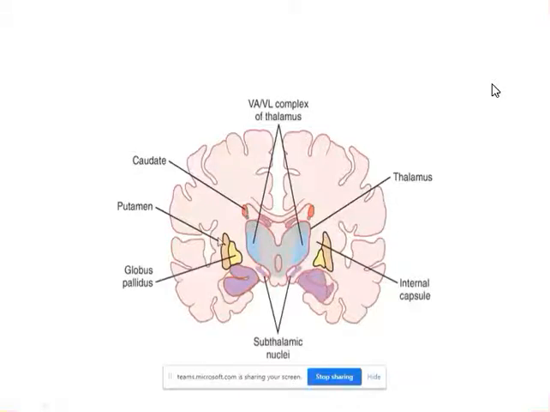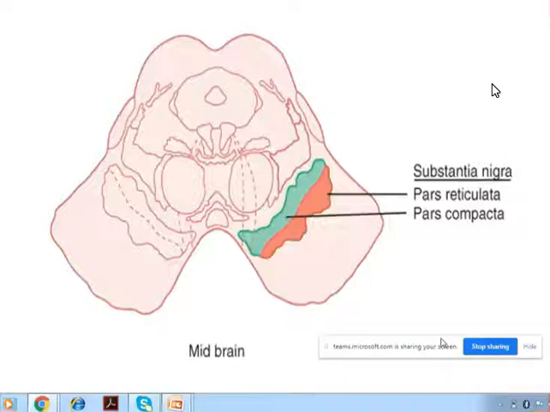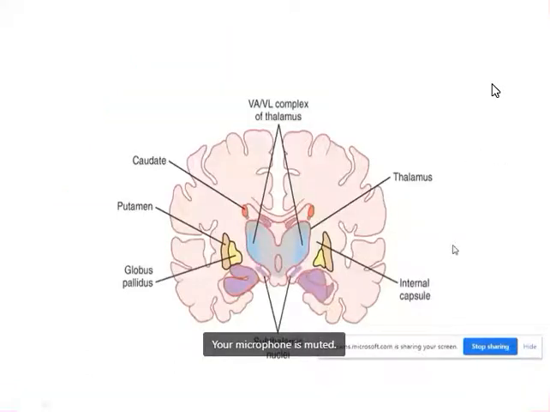So the basal ganglia nuclei also give information to or take information from this substantia nigra, and they will receive information from the subthalamic nuclei, but they will also give new information to the subthalamic nuclei. This I will show you in the circuit, then it will be more clear. But you should know that these three nuclei are the main nuclei of the basal ganglia, and they function along with this subthalamic nucleus and this substantia nigra, and they are involved in motor activity.